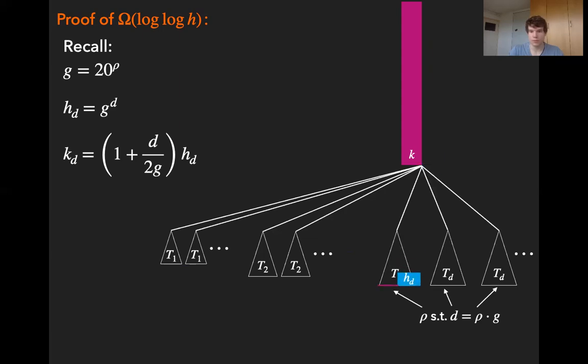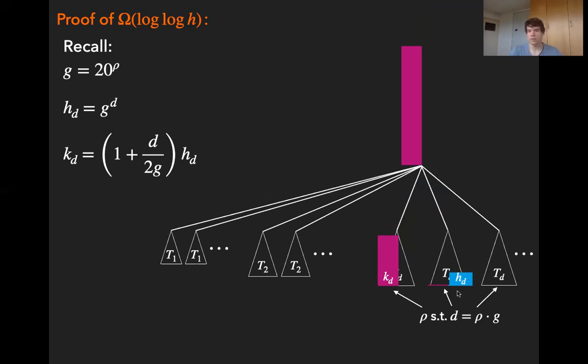So in this case, if H is the number of offline servers, we will only play in these subtrees TD. So we select one, we move the offline group there, and then we issue the request sequence from the induction hypothesis in the subtree until we have KD online servers there. Once this is the case, we move our offline group to a different subtree. We will abandon this previous subtree forever.